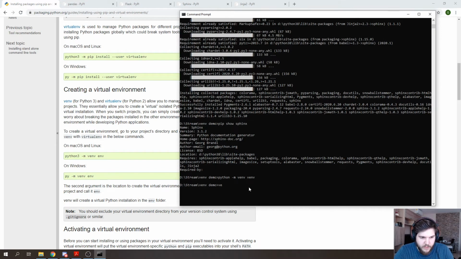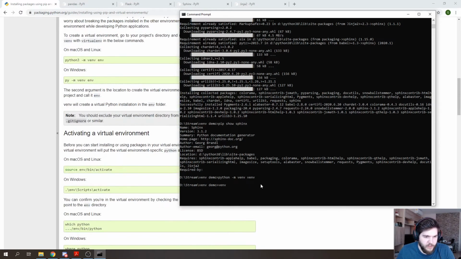The way we do that, if you're on Windows like me, is to make sure you're in the same folder that you ran the creation command in, and type in venv/scripts and then /activate and hit enter. So we have here, in brackets, this venv, which means we are inside the virtual environment,